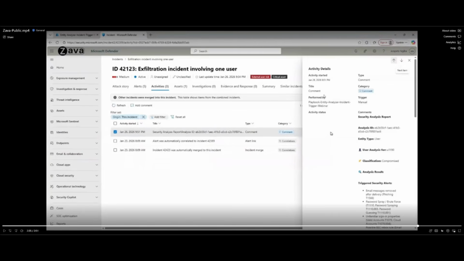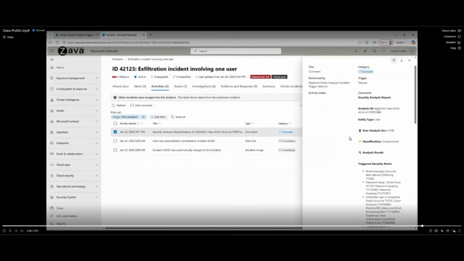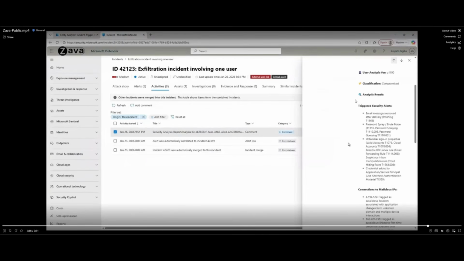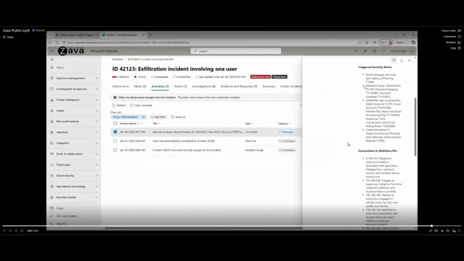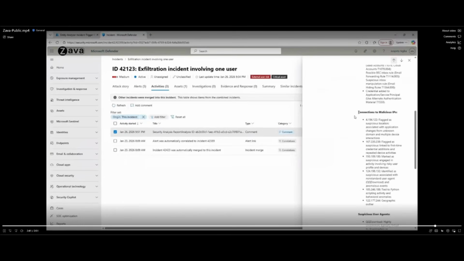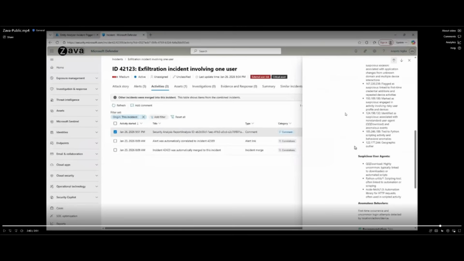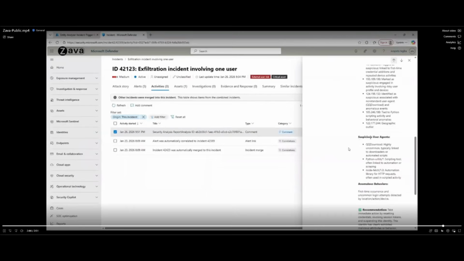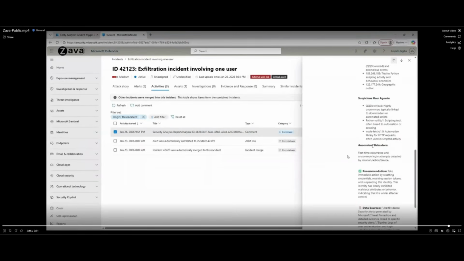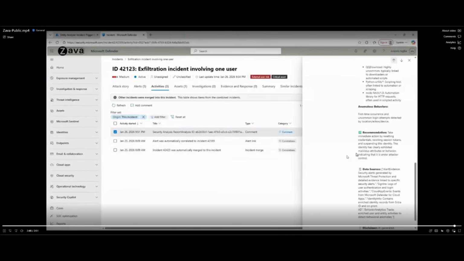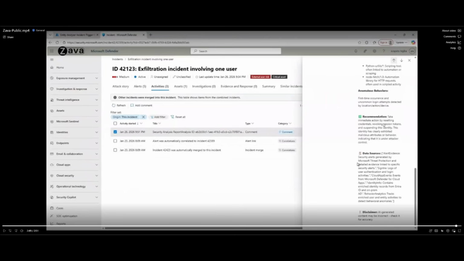We see who added the comment, in our case, the entity analyzer incident trigger webinar logic app. We see again what we saw before, for which user it was executed, what the classification was, what alerts have been found for that investigation, any kind of bad IP addresses, suspicious IP addresses, why we come up with that, any kind of suspicious user agents, anomalous behavior, and the recommendation, for example, that we would recommend to